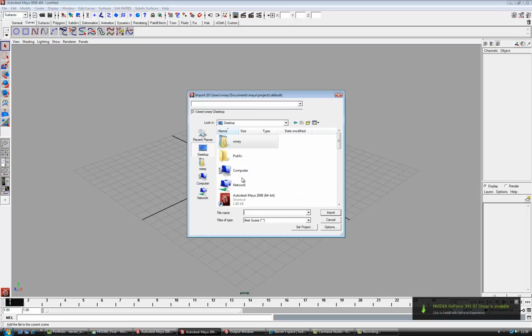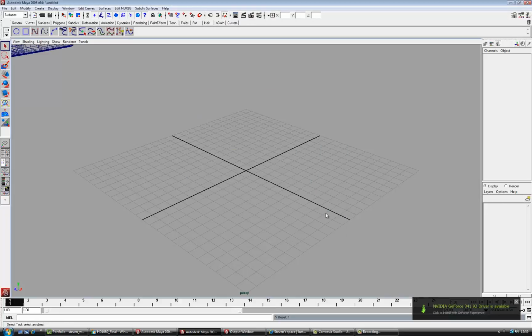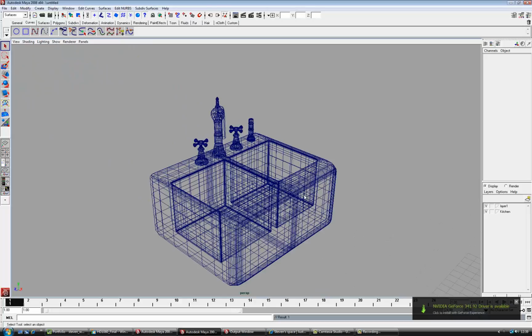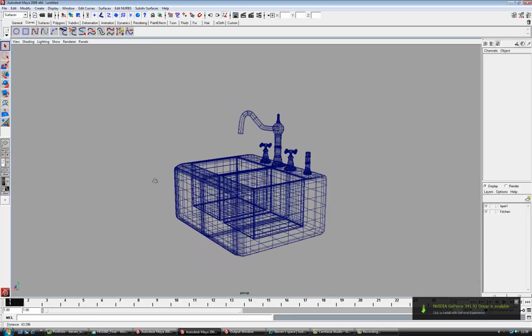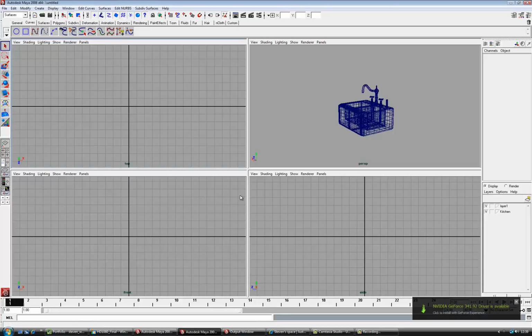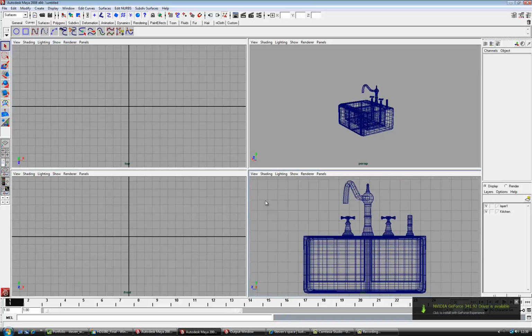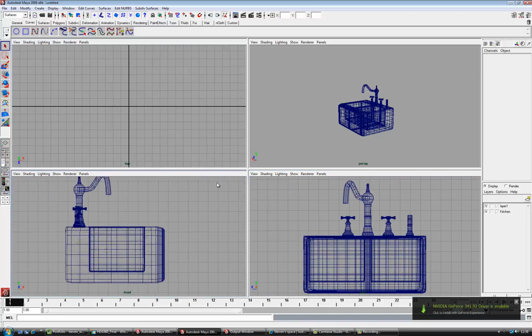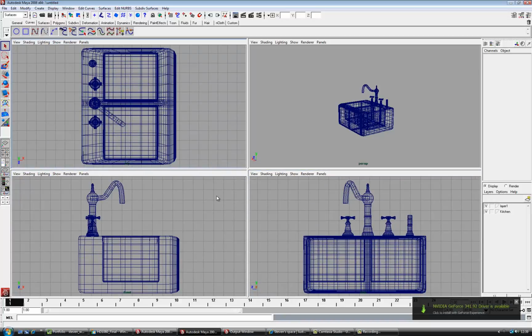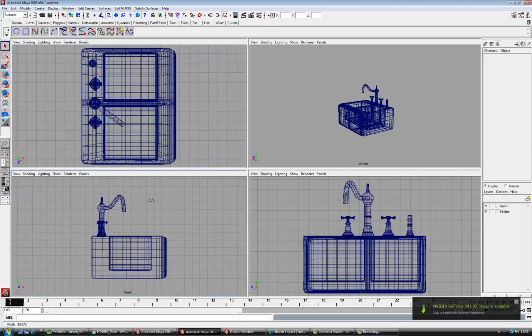We want to look at the desktop, and it's taps here. So if I go frame up on those, now if I look at the different views, frame up, frame up, frame up, the top view,